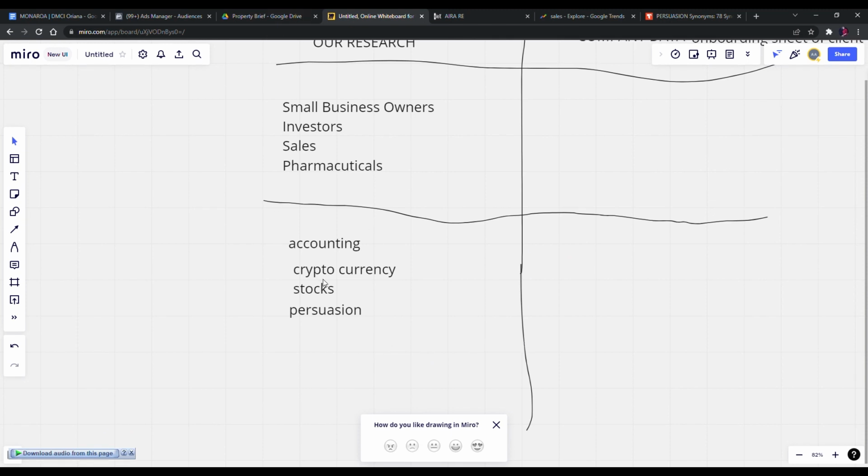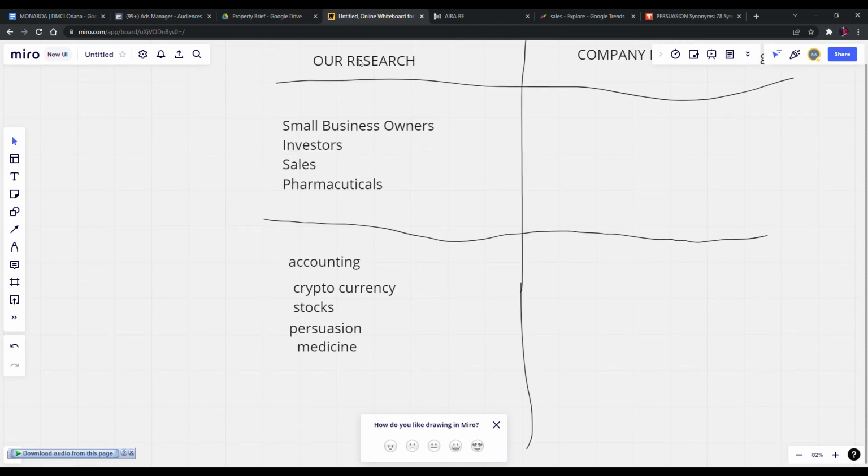So persuasion, pharmaceuticals can have medicine, something like that. So we have something that's narrowed down even more than what we have right here. And the best part of this is more people would want to target these instead of these. So you have a lot more people crowded in this space right here than they are in here, and that's targeting the similar kinds of audiences that are going to be interested in all of these, and